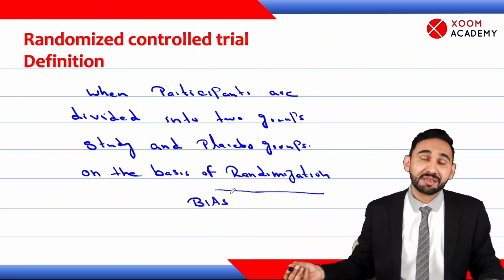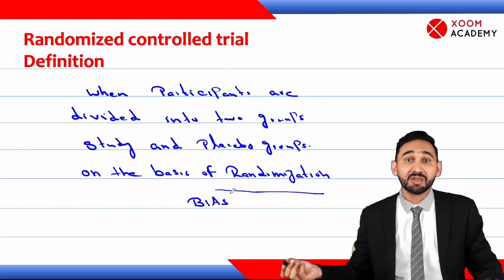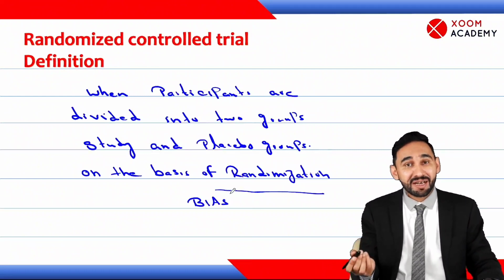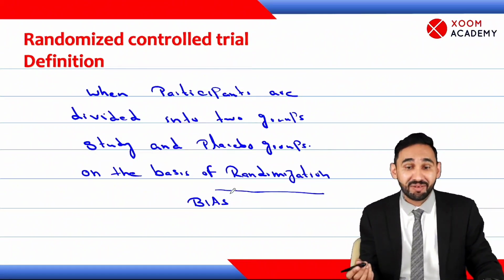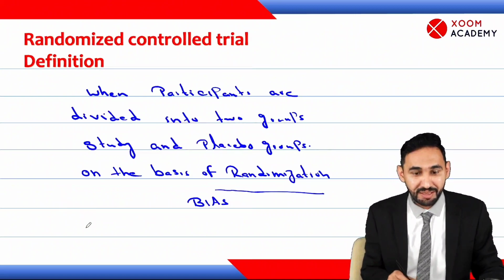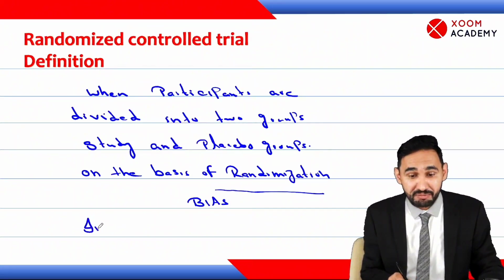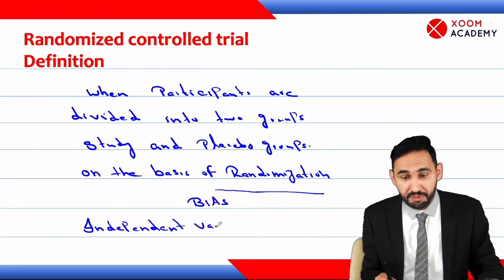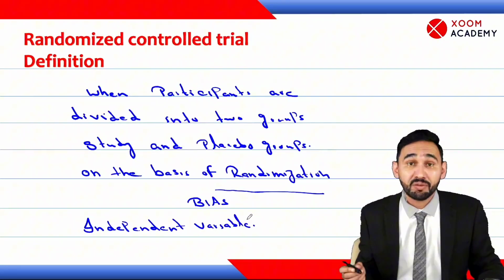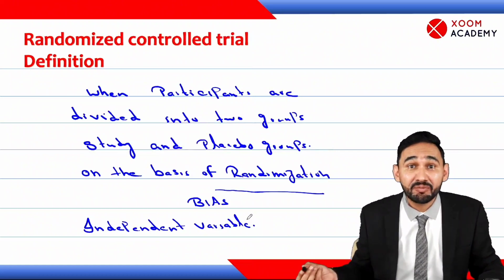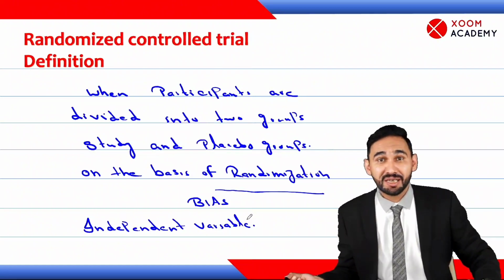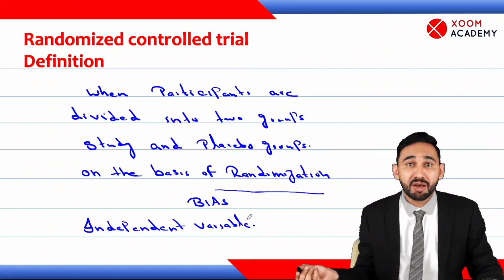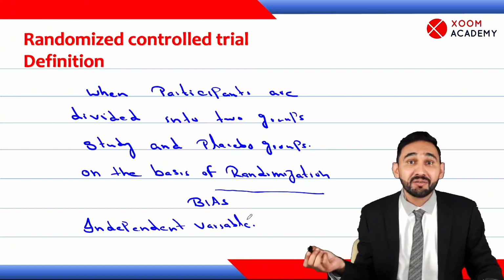And why are randomized controlled trials called randomized controlled trials? We have already discussed that randomization is done. What is controlled? Independent variable. What is the independent variable? The variable which is in our control. We control the independent variable. We manipulate. We control the dose of the drug, like when we are doing a trial of beta blockers. The dose of the drug is in our control.